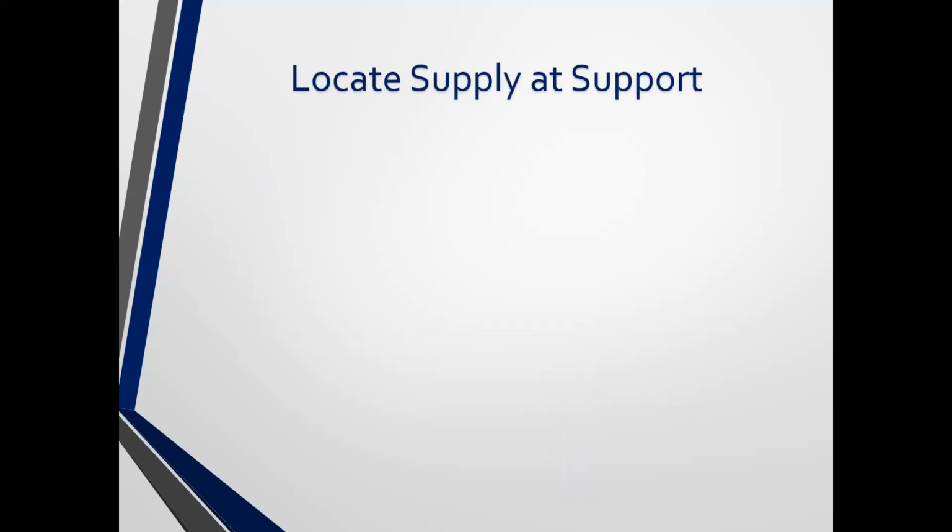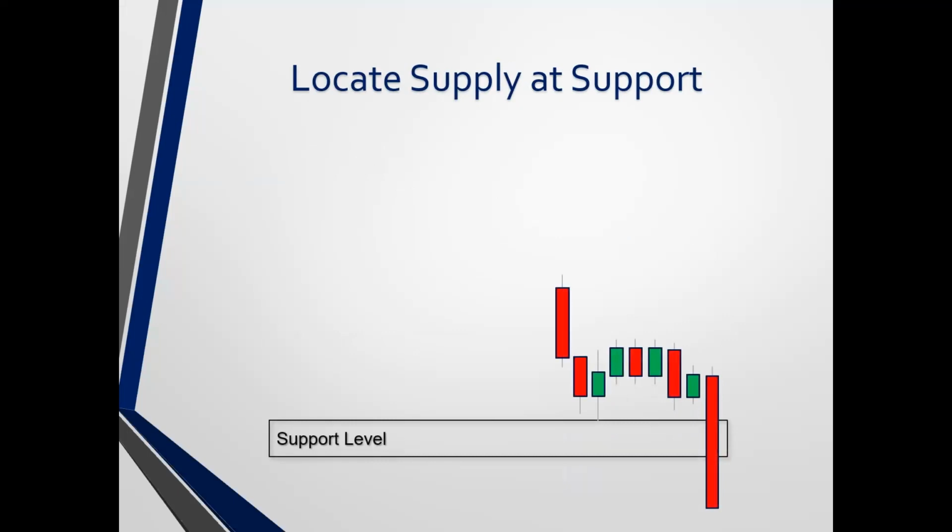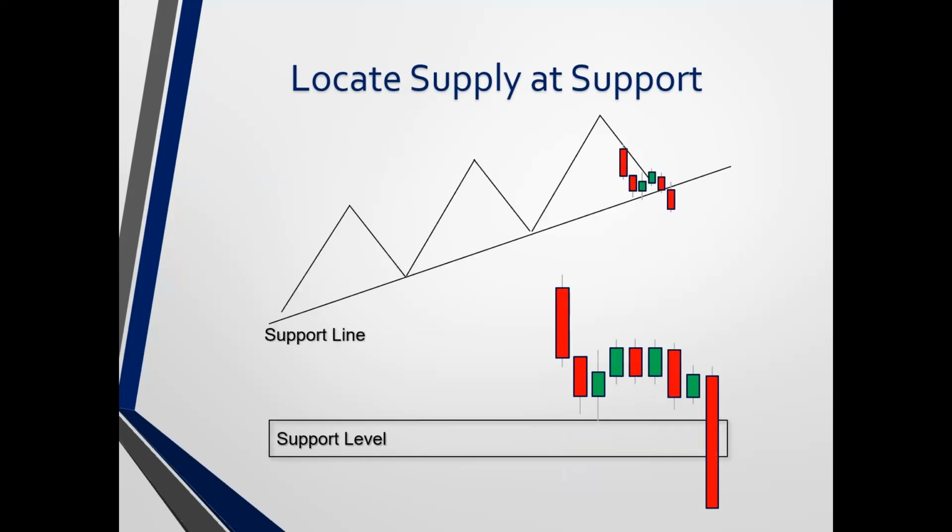Okay, so conversely, for supply, I want to look for support. Essentially, we're just saying look for the opposing, right? So here we have a support level, and we have the supply where we think we have supply. When we get the departure breaking through the support level, now I can conclude that indeed the sellers are stronger than the buyers. Here's that second version, okay?